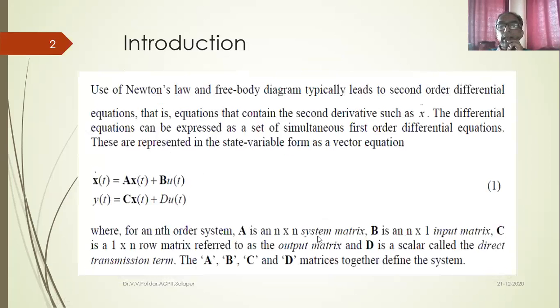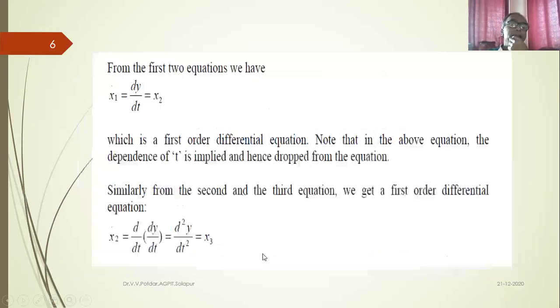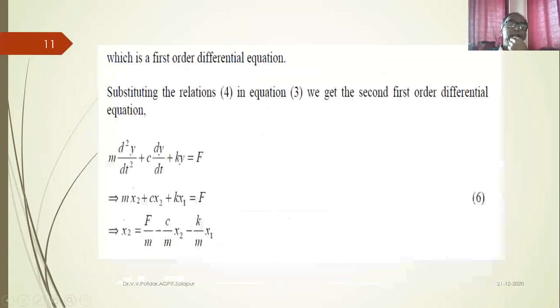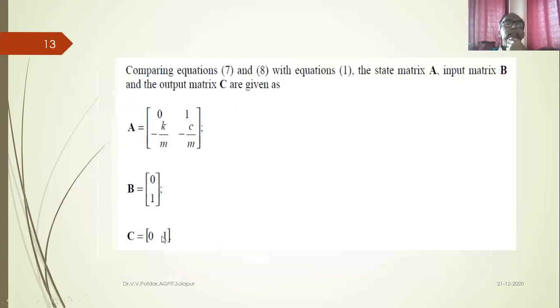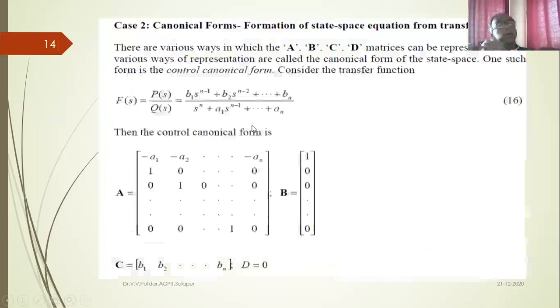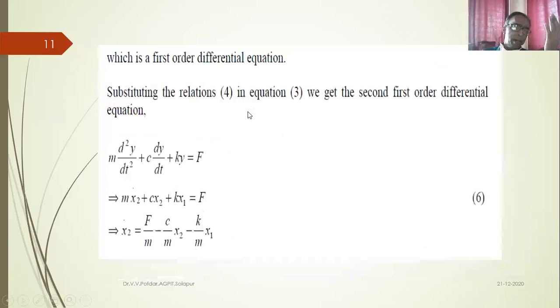A is the system matrix, B is the input matrix, C is the output matrix, and D is the direct transmission term. So here C is the output matrix, B is the input matrix, A is the system matrix. Now, the first case was related to how to convert the higher order differential equation into